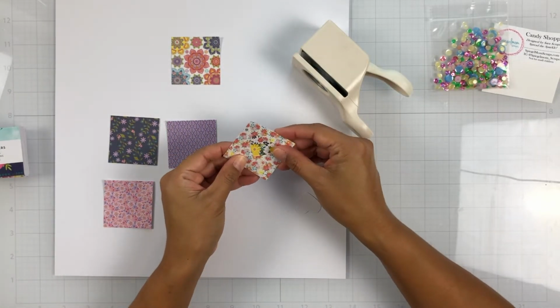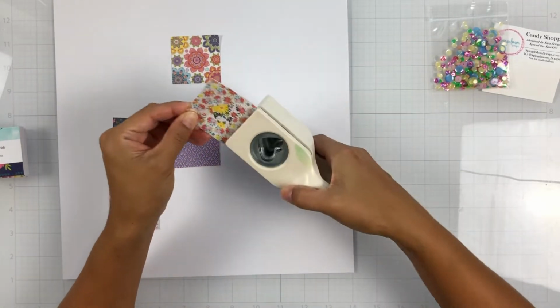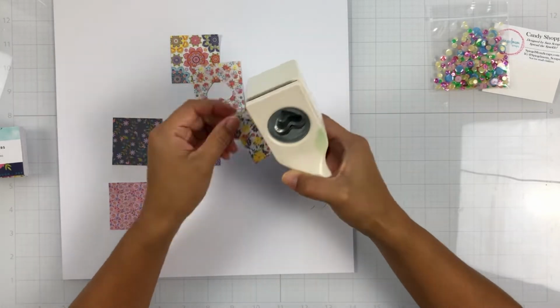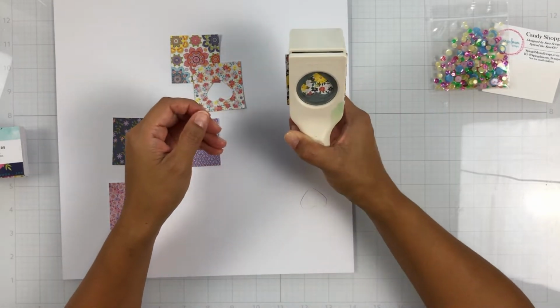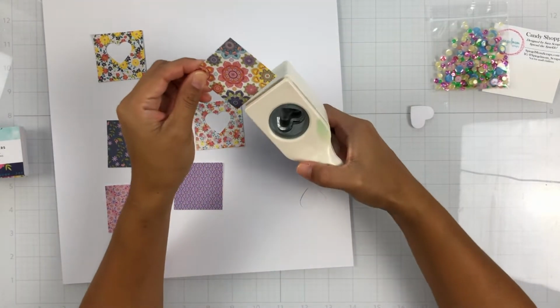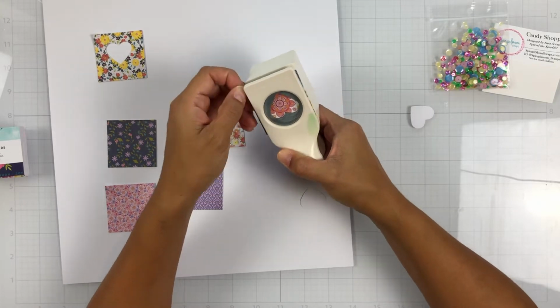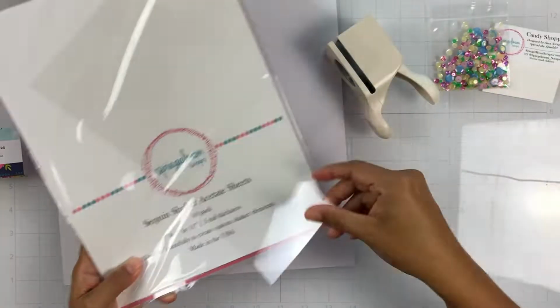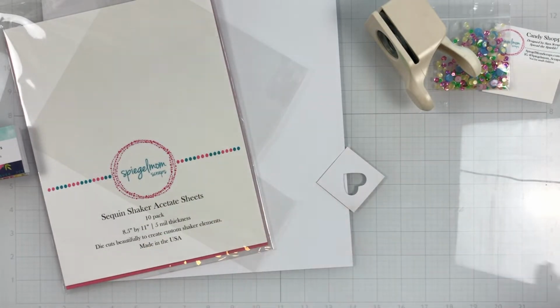I just love the patterns on their smaller scale, and so I thought it would be super fun to take my heart punch and create little shakers using a few of these 2x2 I think they're called pattern swatches. So I'm just simply punching a heart in the center of 3 of these 2x2 papers,